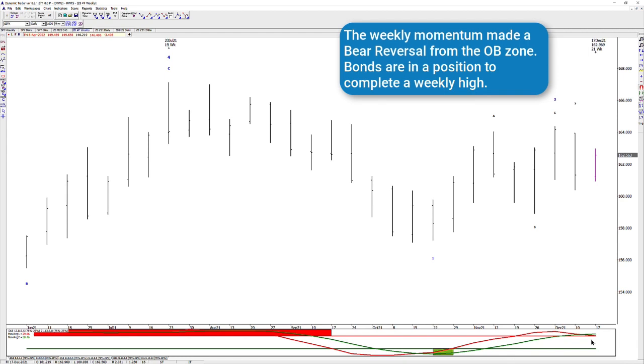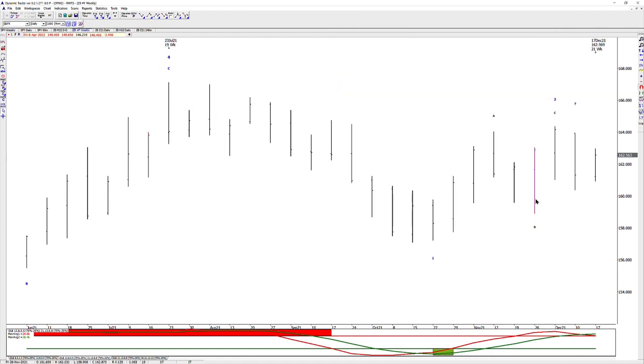So that's a setup. Again, if this is a wave 1, in this case of 5, and if this is an ABC, and this is all pretty much irrelevant as far as I'm concerned, if we have a market that's in a position to have completed an ABC correction, that's good enough to consider a trade strategy. And now that we have the weekly momentum bearish, we want to go look at the daily data as of the end of that week and see what the market could do to set up, in this case, for a